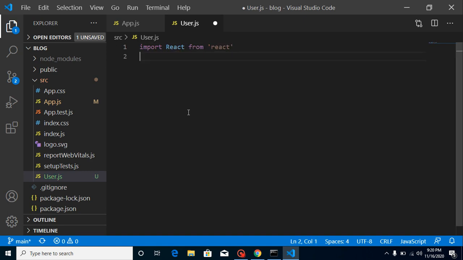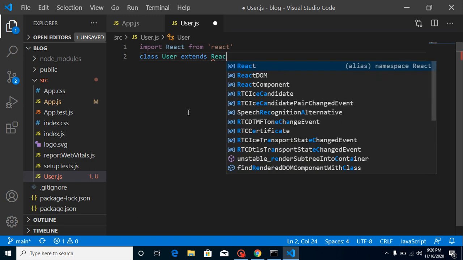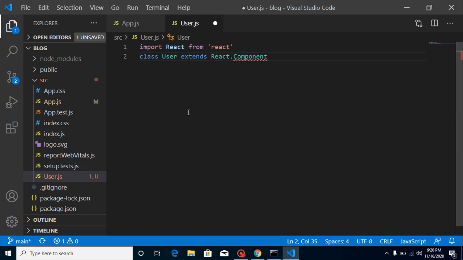Then we can put a class User extends React.Component, and then we will make a render function inside it.